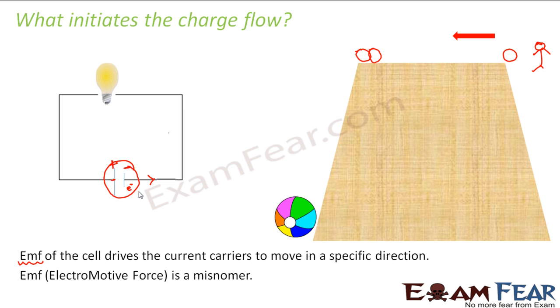Did you observe a surprising thing here? Electromotive force, however, the name says that it is a force, but actually it is not a force. It is a misnomer. What is a misnomer? Misnomer means the name suggests something, but it is actually something else. So here if you look at the name, it is electromotive force. So you will think that it is some kind of force. But basically it is not a force. It is basically potential difference. That is, it is the difference in potential between the two electrodes. Potential and force are two different physical quantities. So we say that electromotive force is a misnomer.